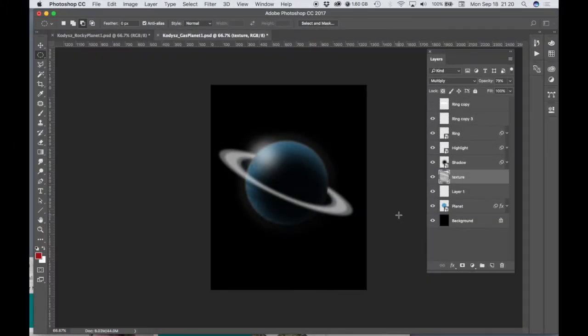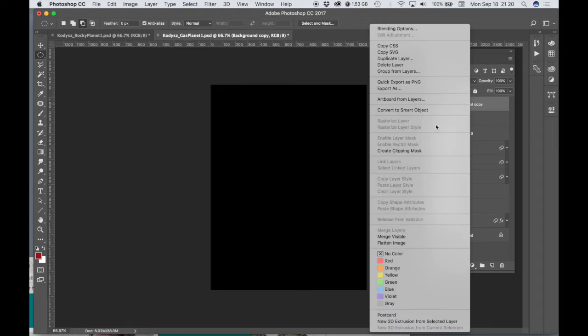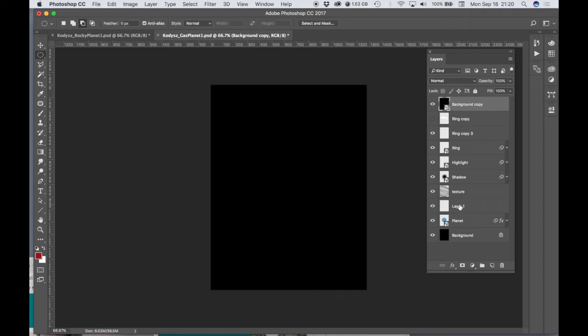If you want to add a lens flare effect to your planet to give it a more realistic photographic look, here's a technique. So I'm going to duplicate the background and move that duplicate layer to the top. I'm going to right-click the background to convert to Smart Object, and then I'm going to go to Filter,